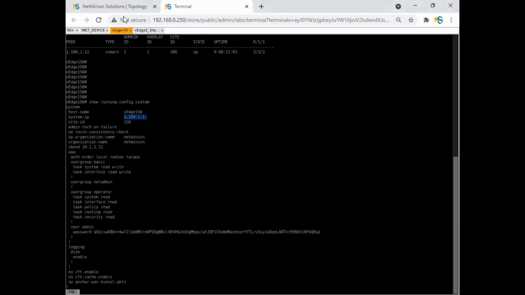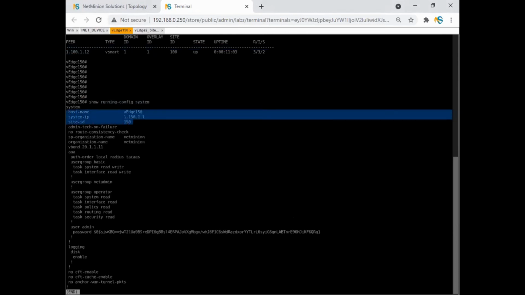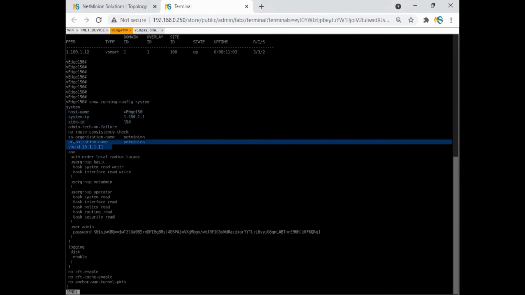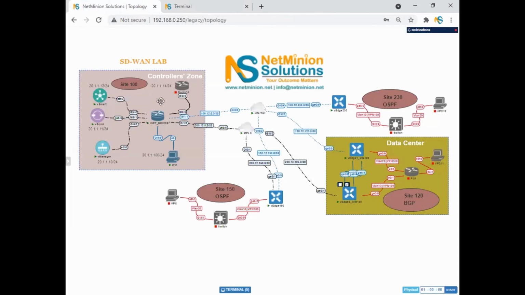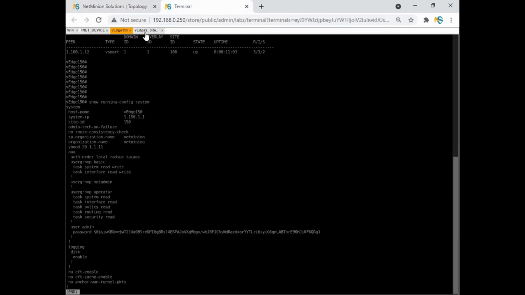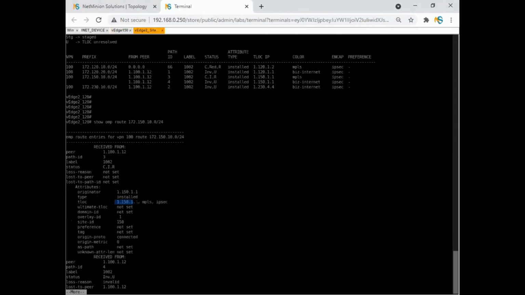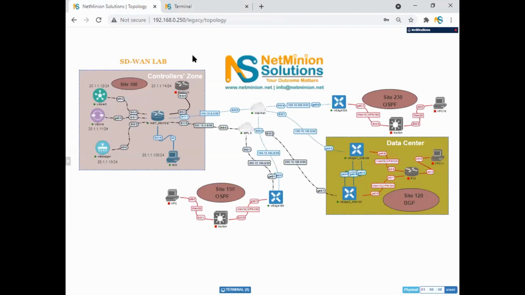Is this site ID something you assigned manually, or how is it? Everything we are assigning over here, these three. Okay, and then these things also. We will talk about this when we come to the lab part, but because it is our very first class, we are building up the foundation of how we need to go. So you can see it is showing what the system IP is, what the color is. So color here is mentioned as MPLS, and whatever the tunnel is, the tunnel is by default IPsec. Okay, any doubt for anyone in this part?